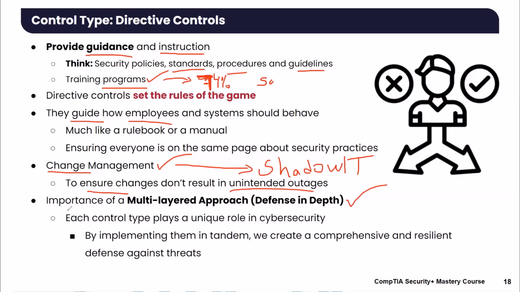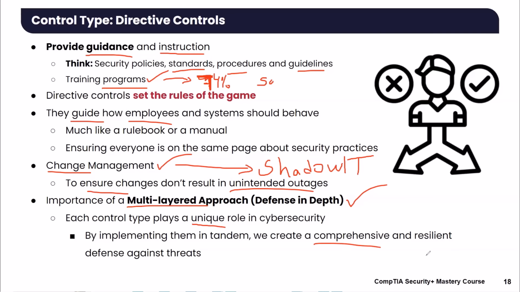We have to use both of them at the same time. And that's known as multi-layer security, also known as defense in depth, where the idea is to go in and implement a bunch of these controls to help protect your environment. Each control type plays a unique role in protecting your environment. And then we need to have all of them so that we can create a comprehensive defense against the enemy,